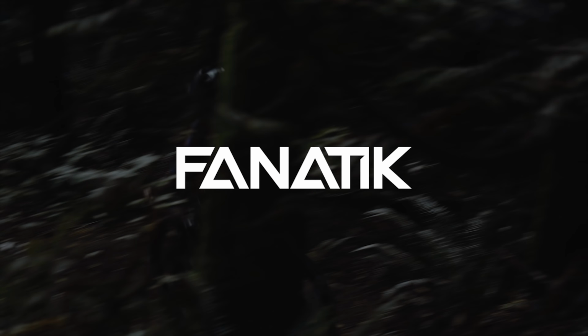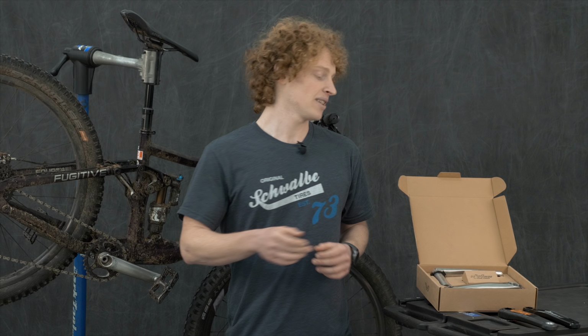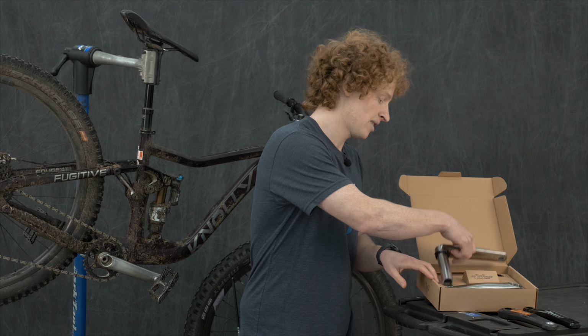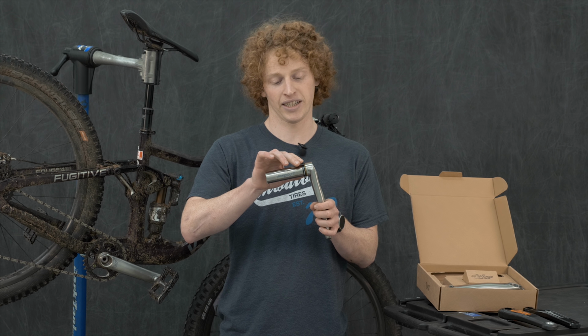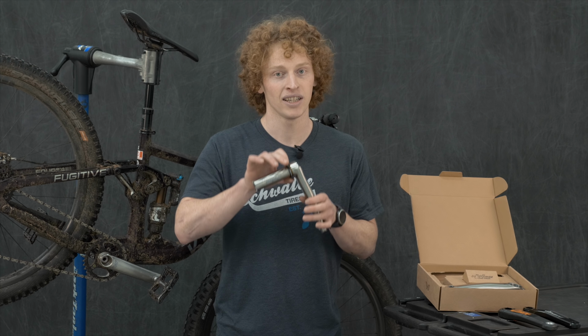Today I brought you here to check out a very cool product, the Cane Creek eeWings mountain crankset. These are a completely titanium crankset with the exception of the preload collar. That is an aluminum piece that they machine in-house in their facilities outside of Asheville, North Carolina, another mountain biking